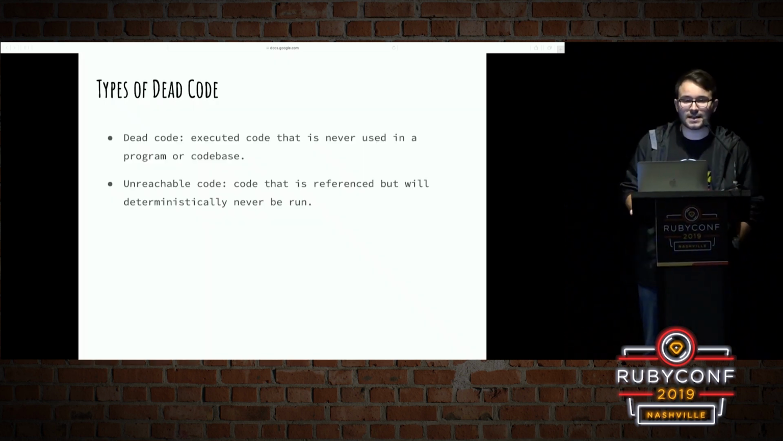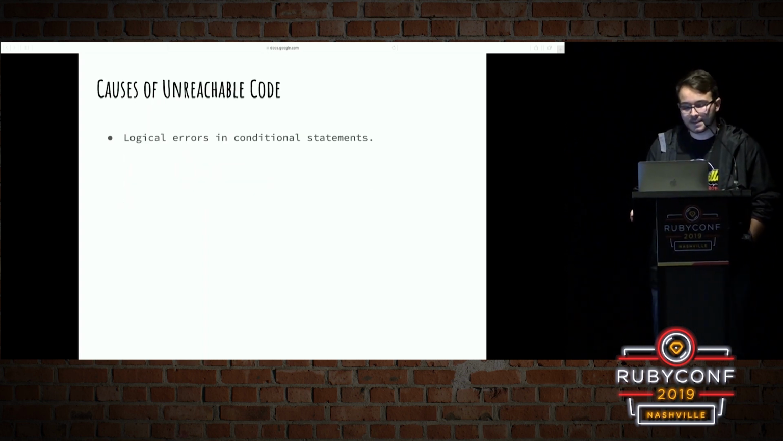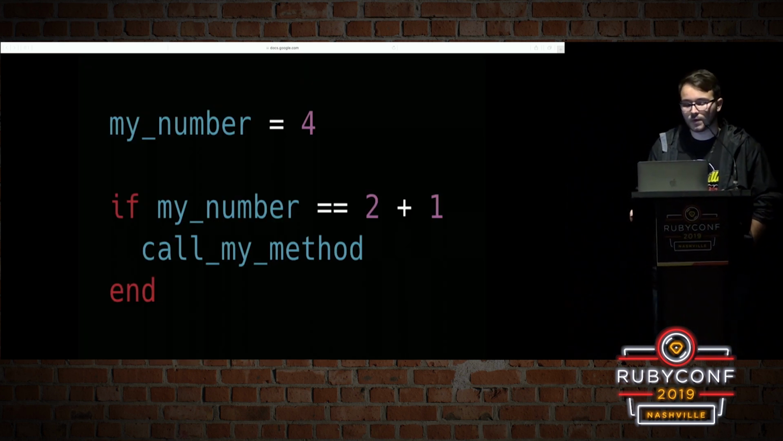The second aspect of dead code is unreachable code. So code that's referenced but will deterministically never be run. There's a variety of cases where code is unreachable. For example, if you have logical errors in conditional statements, so also a simple example,